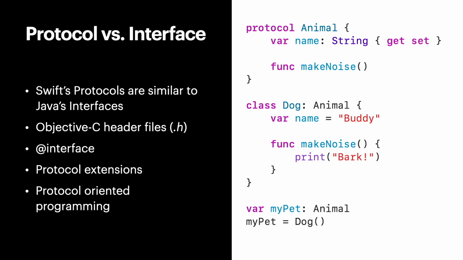Next thing to look at is protocols versus interfaces. So as you may have observed if you ever worked with Java or a bunch of other languages that use what they call interfaces, we have protocols that are very, very similar but use a different name for the sake of, I don't really know why. One possible reason is just for clarity because of the .h header files that are full of @interface at the top to start defining your classes.